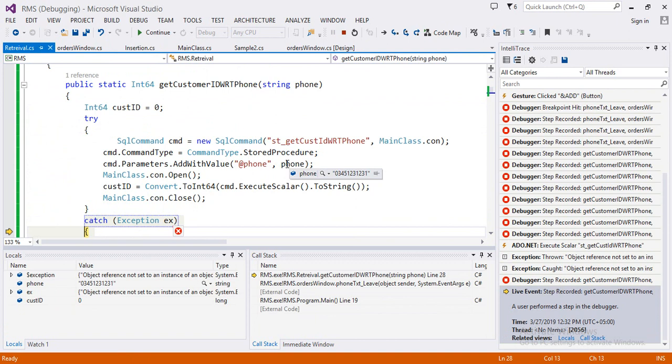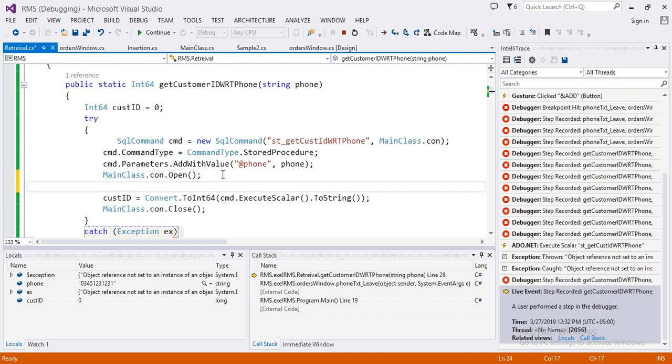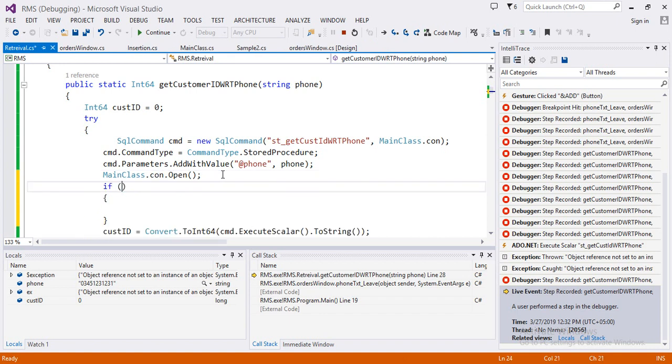Which object is null? CMD dot parameters. What is null here? CMD dot execute scalar. Let me check it. Alright, because look, I don't have any customer ID based on that phone number that I was passing. So what I can do here, I can write an if else condition. If